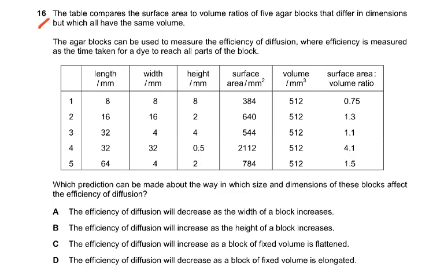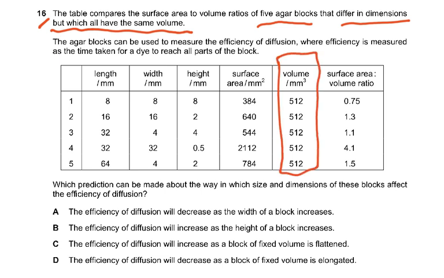Question 16. The table compares the surface area to volume ratios of 5 agar blocks that differ in dimensions but which all have the same volume. You can say they all have the same volume. This column is the same. The agar blocks can be used to measure the efficiency of diffusion, where efficiency is measured as the time taken for a dye to reach all parts of the block. You know that the rate of diffusion is dependent on the surface area and the concentration gradient. So what we have to understand is where the surface area is the maximum, where the surface area has been 4:1. Now, how has that been achieved? That has been achieved by